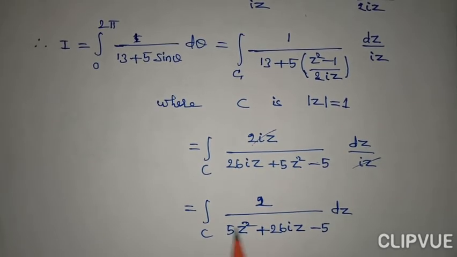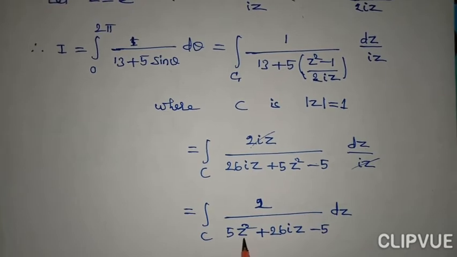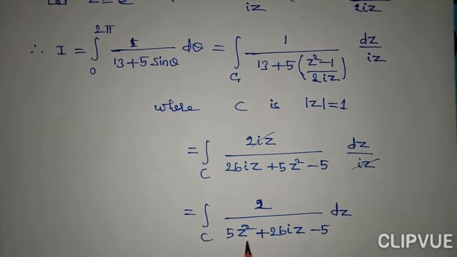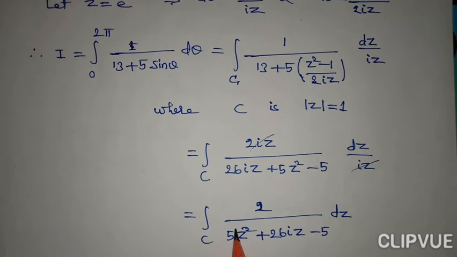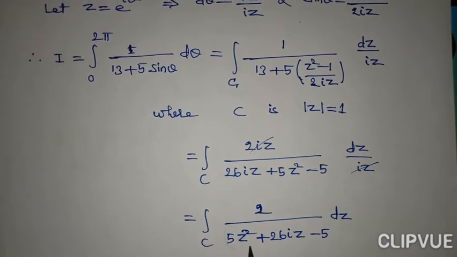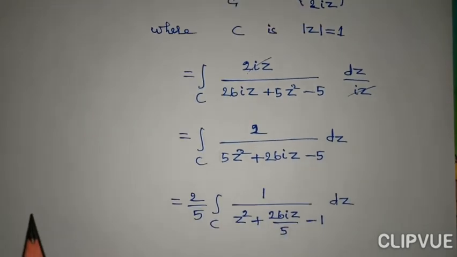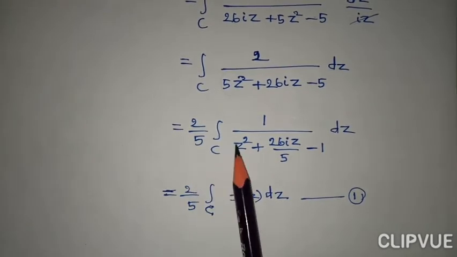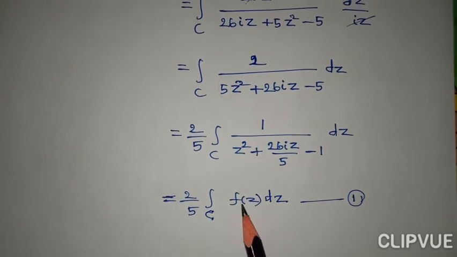Now write the standard form of the quadratic equation. Rearrange this. After arranging it, take the z square coefficient in common. In all problems, it is better to make the coefficient of z square as 1 right here. Why? Because if you have any other number, you may get confused while evaluating the problem. How to bring it? By taking that 5 in common. So after taking 5 in common, you'll get this step. Now this whole integrand is nothing but f of z.